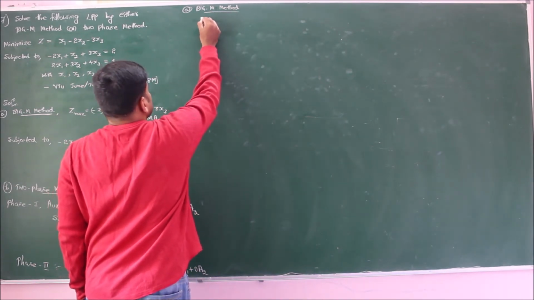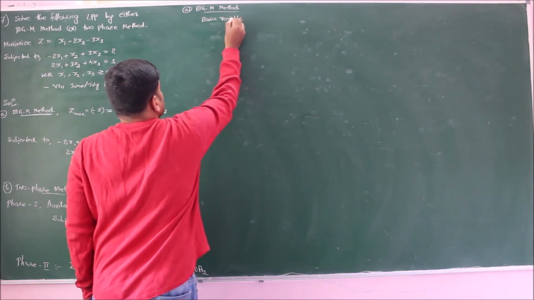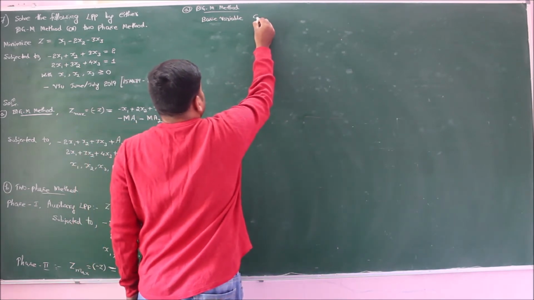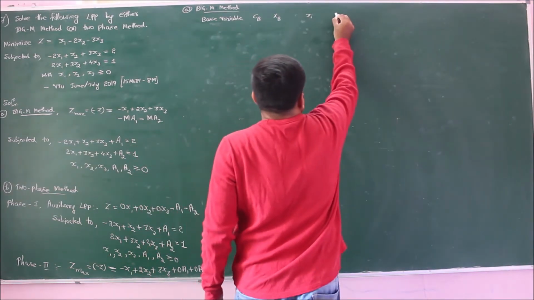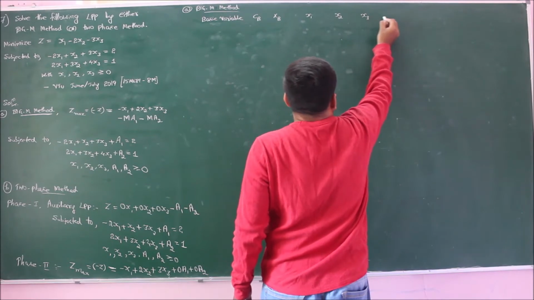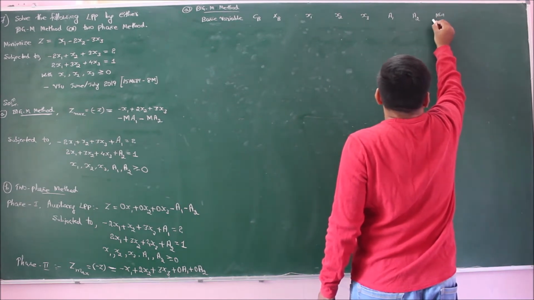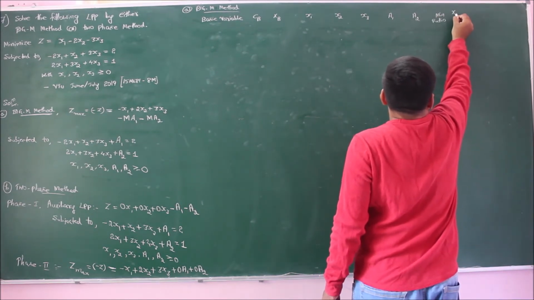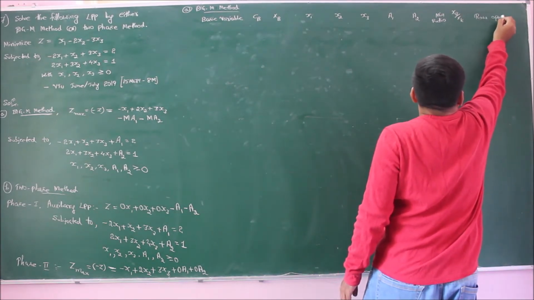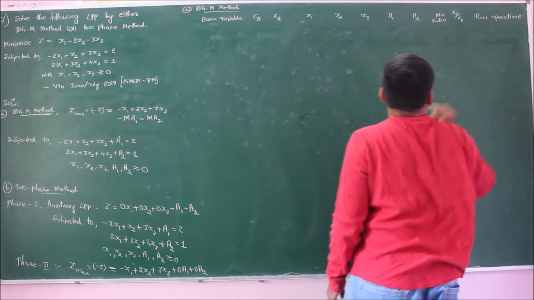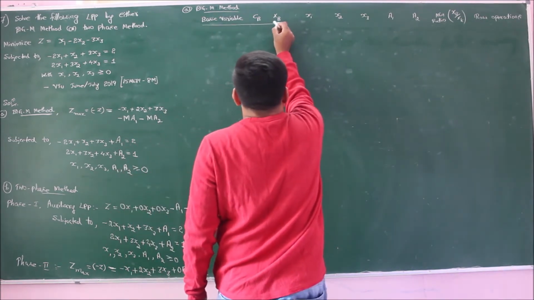The first column represents the basic variable, the second column is the coefficient CB, next we have XB. Coming for the variables x1, x2, x3, a1, a2, I should calculate the minimum ratio of XB by Xk and perform the row operations. So this will be the heading for all the tables.